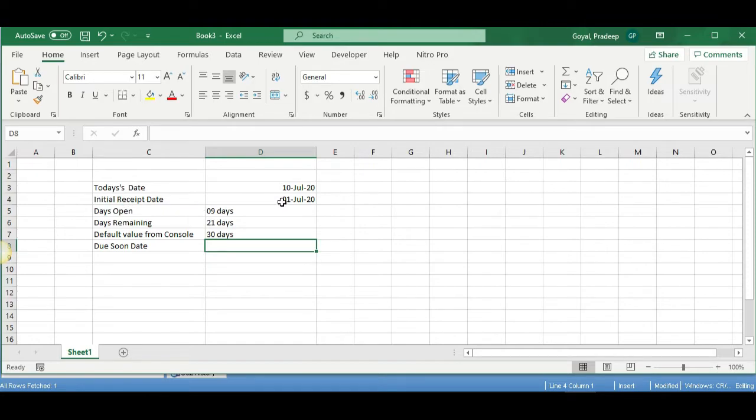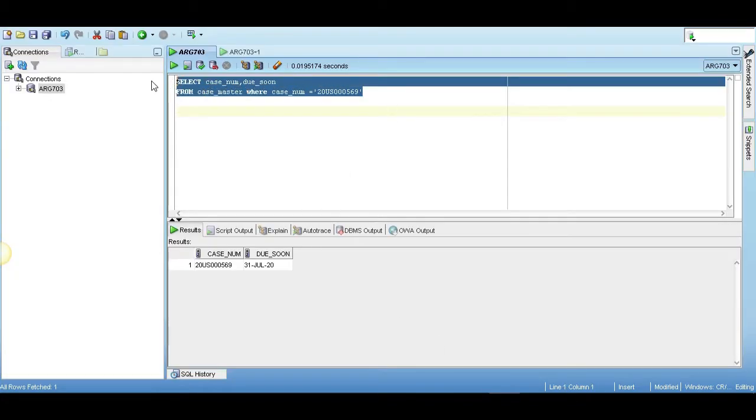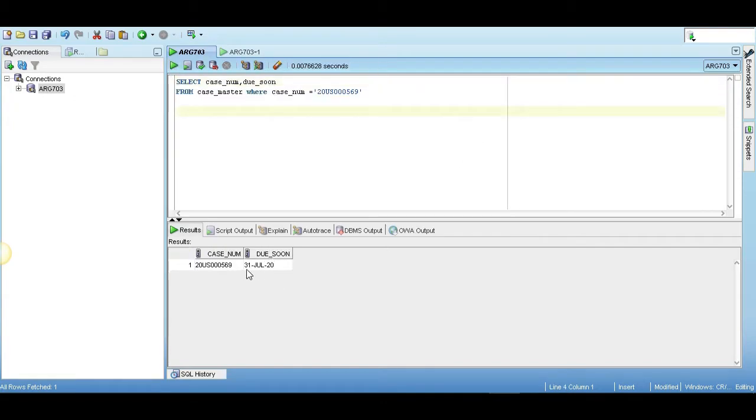So initial receive date plus 30 days from the console, and the value is 31st of July 2020. I hope this calculation is clear. Let me show you the database. I'm just firing this query again, so you will see that due soon calculation is 31st of July 2020.